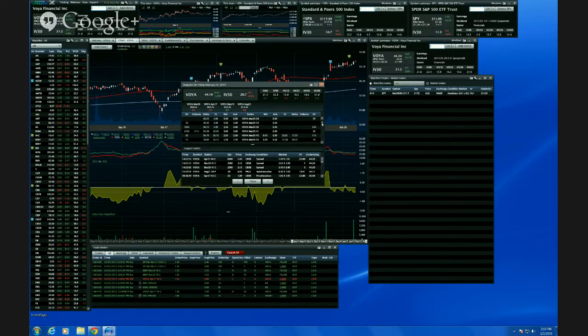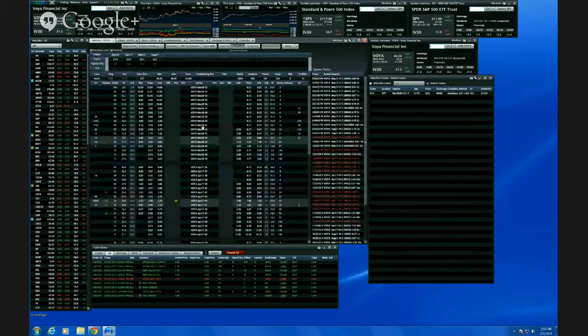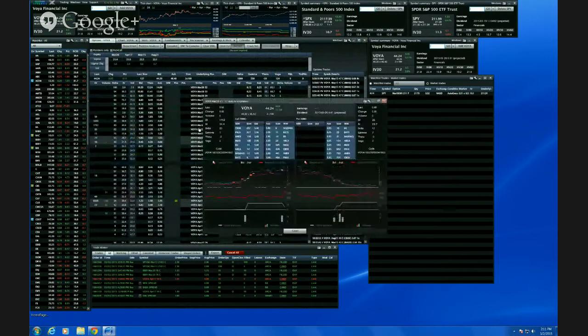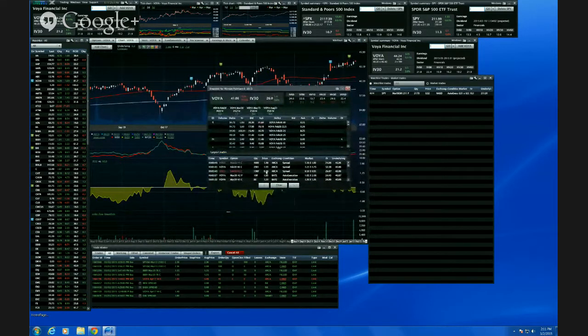If you look at the March 41 calls, you see there's 4,000 open interest. I'll click on the March 41 calls right now, and if I went too fast, you can rewind and look at it. You see how yesterday was 4,000. You see how the open interest was created on 2/9/2015. I go back to 2/9/2015. Even if you didn't have that, you could take a guess that most likely it's this date right here. And you can see that this guy bought the March 41 calls for 130,